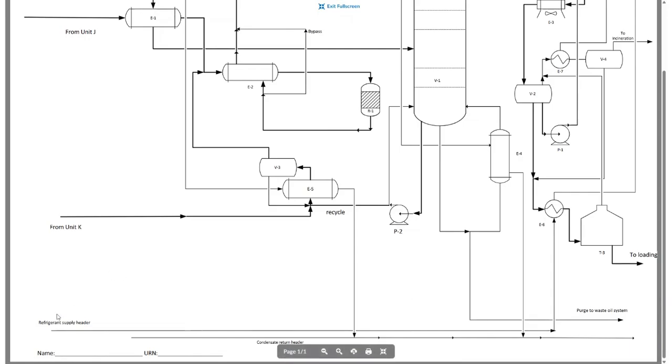Underneath as well, after scrolling down, the refrigerant supply header also provides some components flow through, for example, goes to the E6 heat exchanger, then travels to different components or to a storage tank for optimal usage. For example, some components in vessel V1 flow out as purged waste system. Like these products, you have to determine whenever you create this design project coursework process together, either individually or in